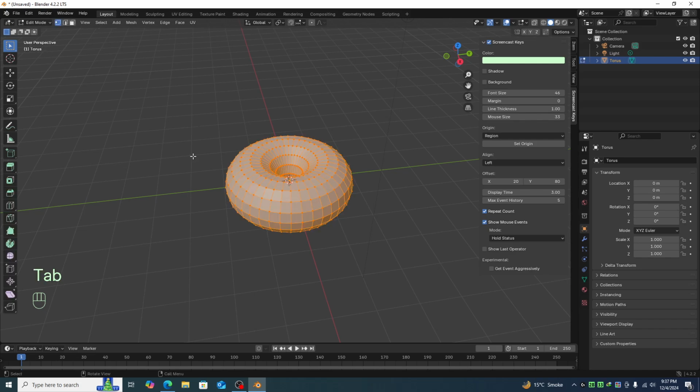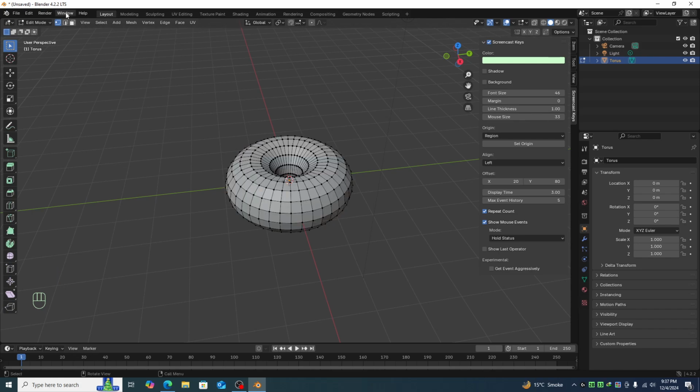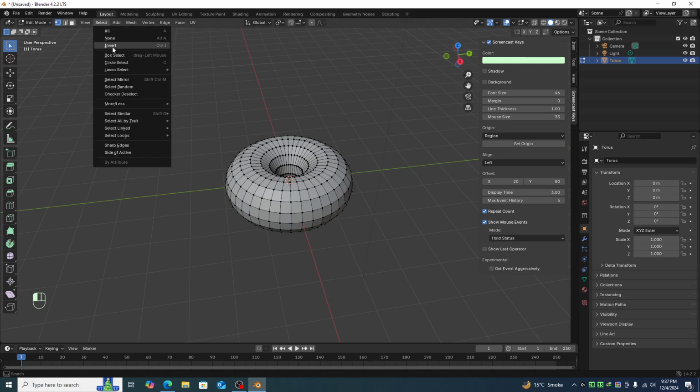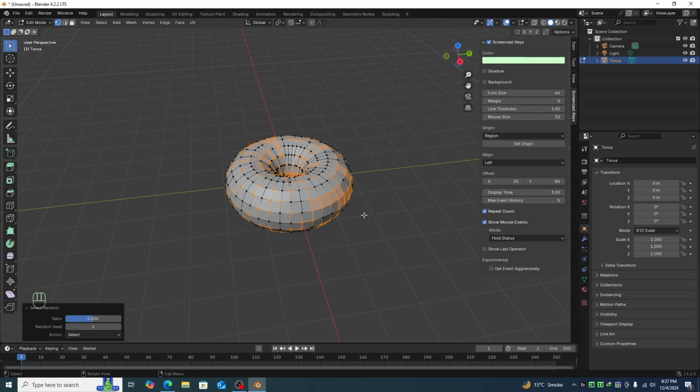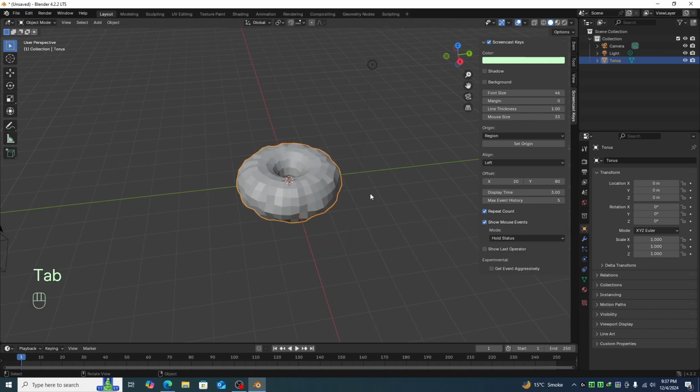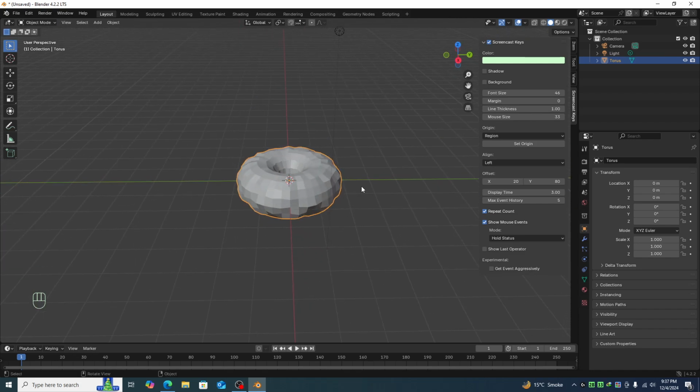press Tab and enter edit mode. Click anywhere else on the screen to deselect the donut, and click on select and then select random. Now press S and decrease a little bit to make it a real type donut. Then press Tab again to go into object mode and